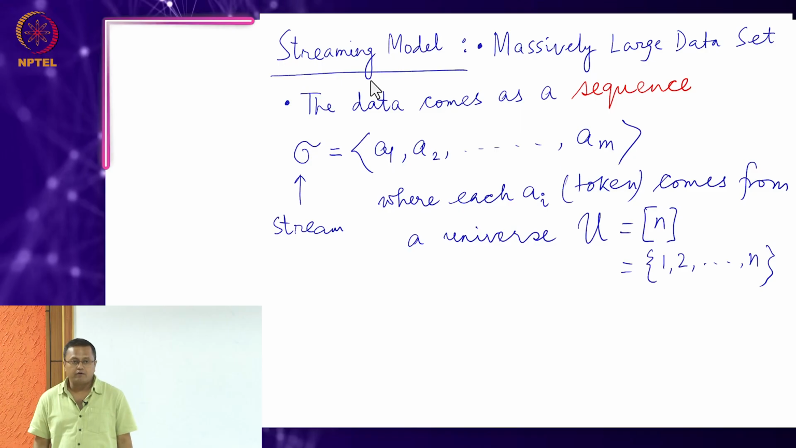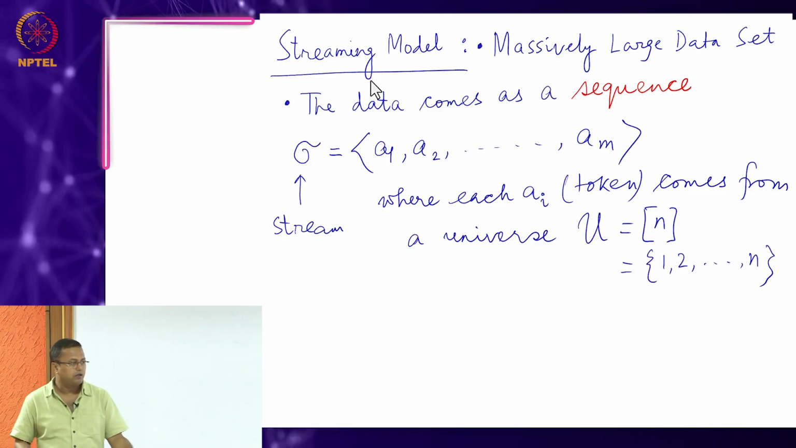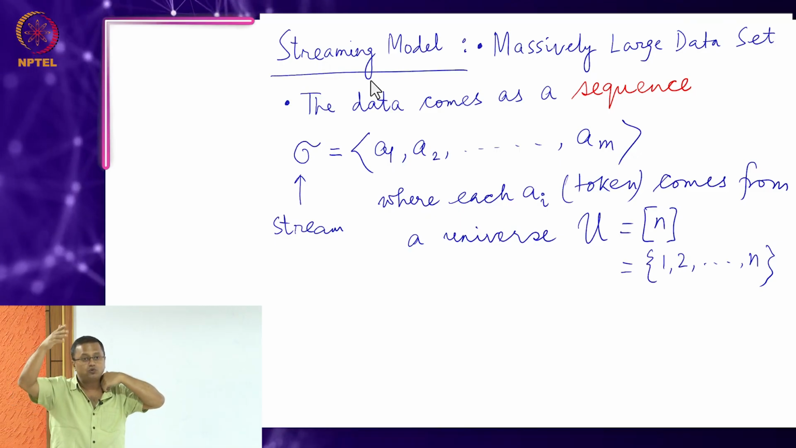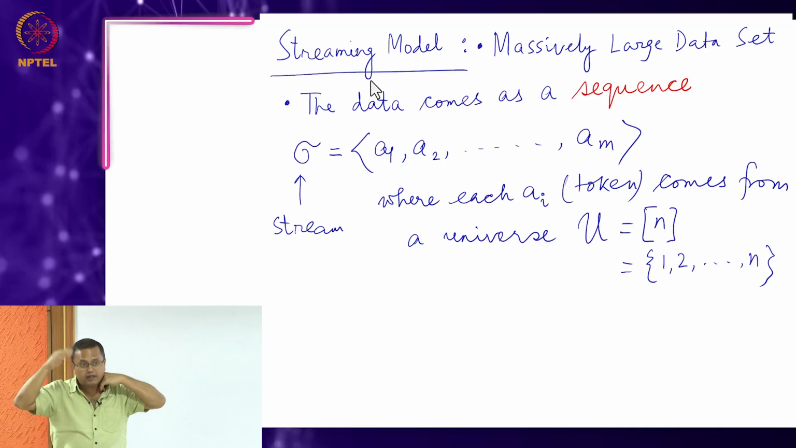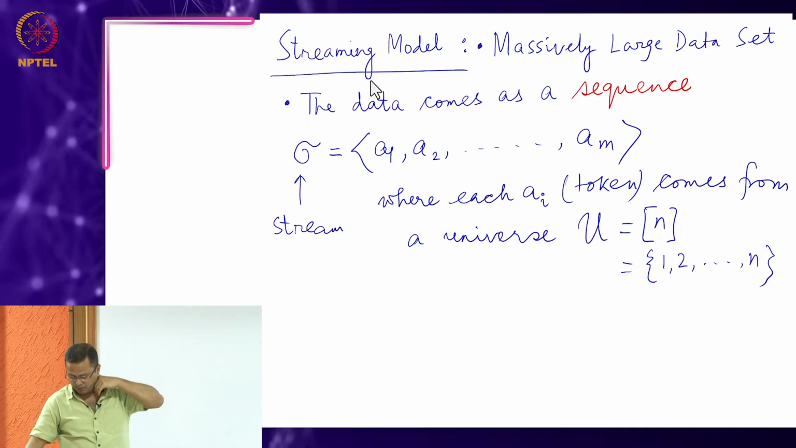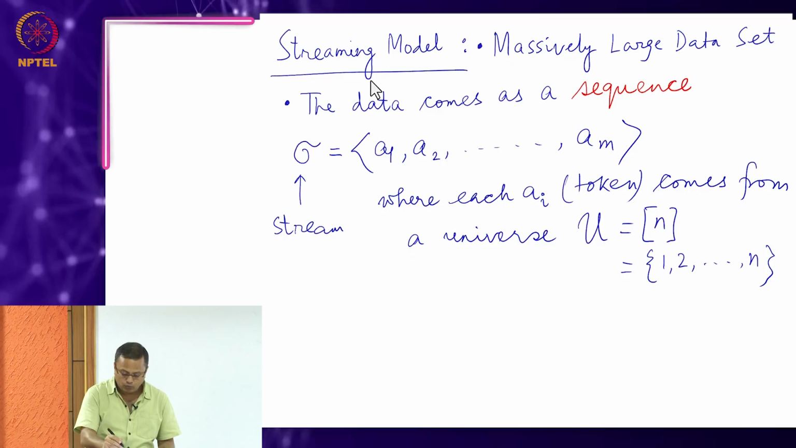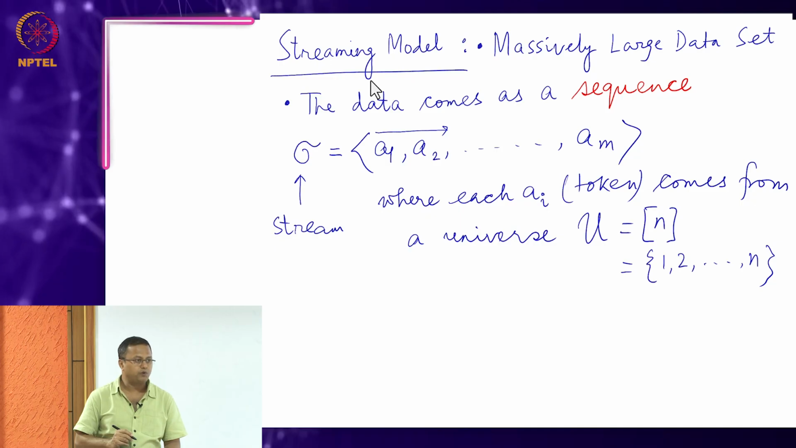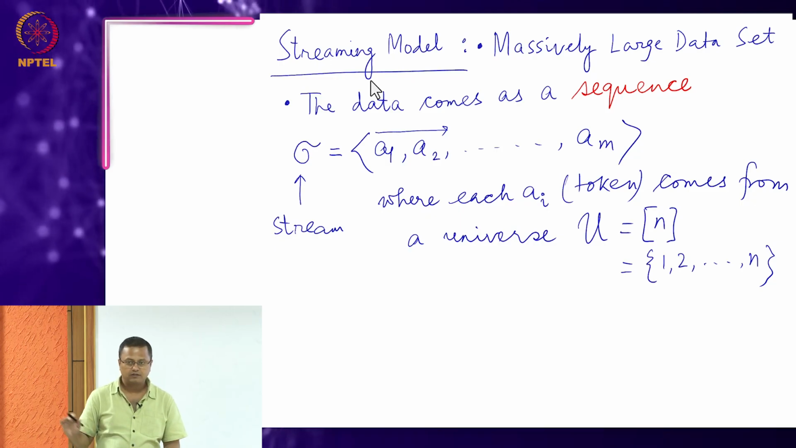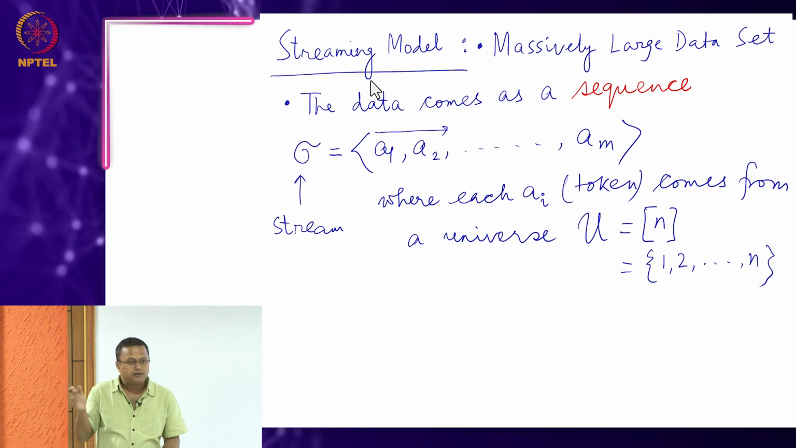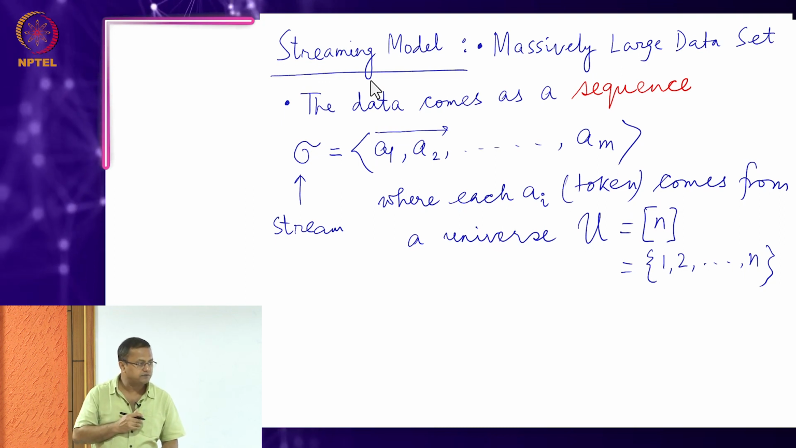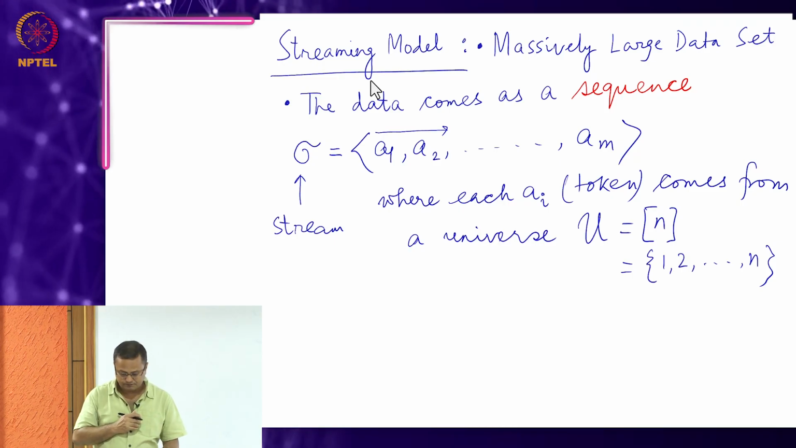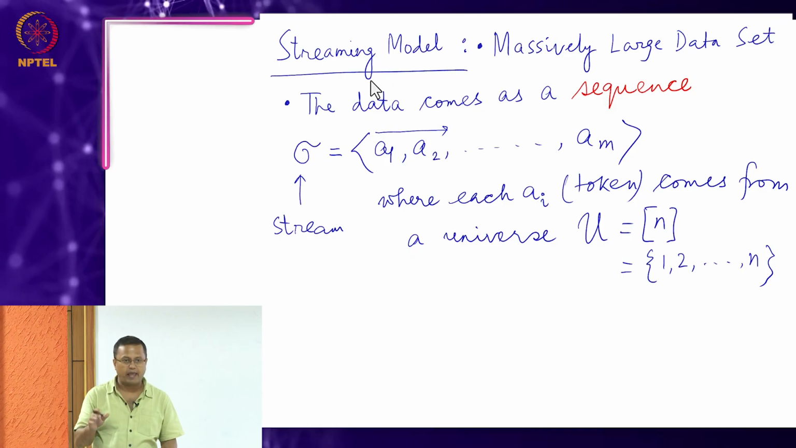Now, when I was looking into the RAM model, I could access data in any way I liked. There was no sequence. But here I am imposing a sequence. What does that mean? That you can only see the data in this direction. First you see A1, then A2, then A3, and so on up to AN. That is how your router behaves. So, the length of the stream is M,